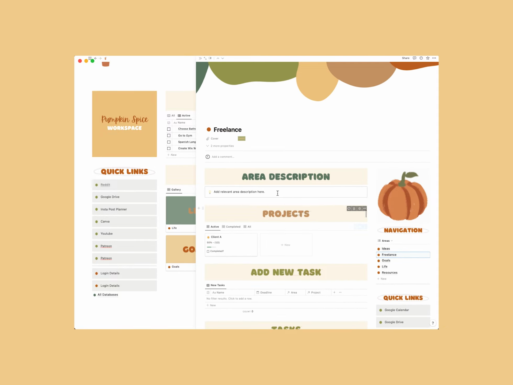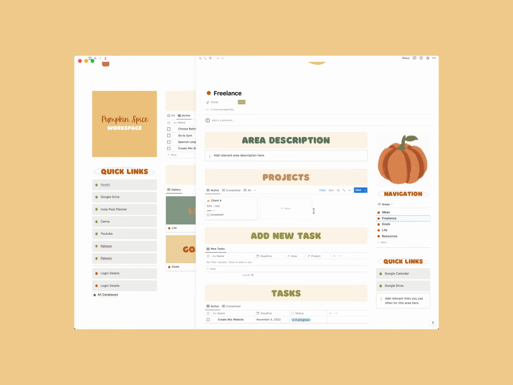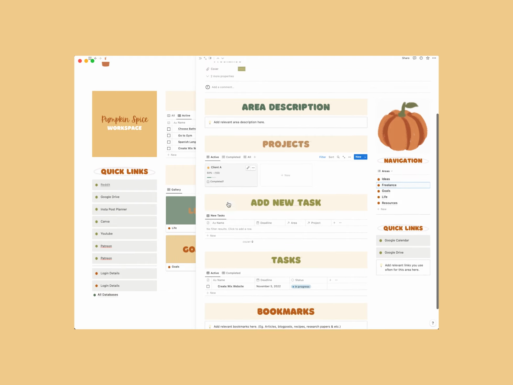And then you can add a relevant description. Okay, what is this all about? Then projects, and I would suggest then adding clients in here. So for example, we have client A. Then you can add